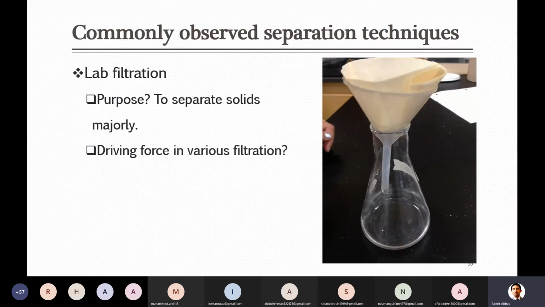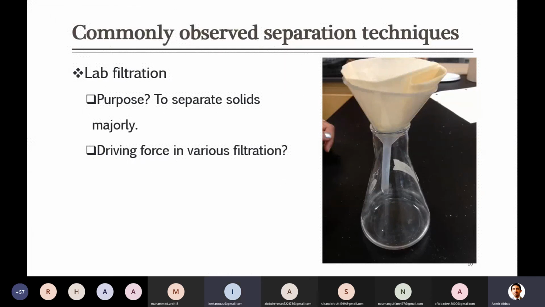Okay, so here, what is the driving force? As we said, most of the time in filtration equipment you need some driving force. Gravity, potential energy. Actually, most of the time here gravity is the main phenomenon, because due to gravity, the liquid and solid, definitely gravity acts on both, but the solid cannot pass through this. By the way, why do solids not pass through this filter?